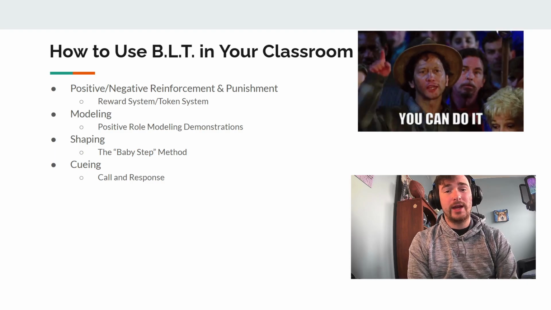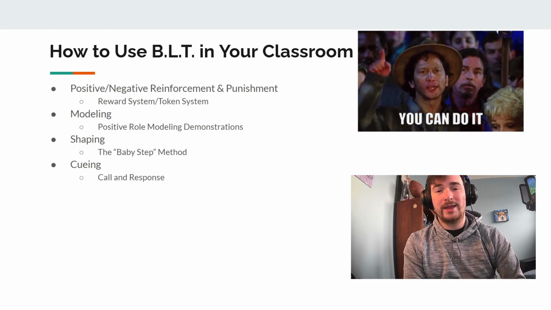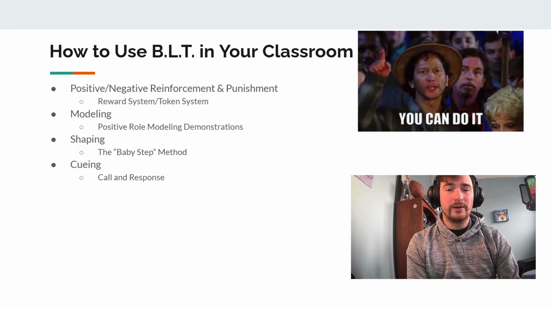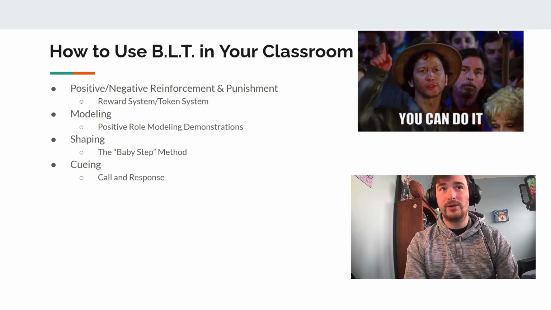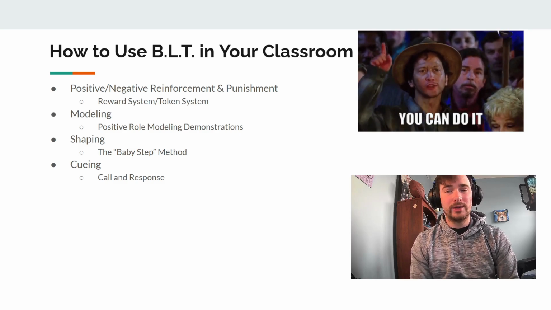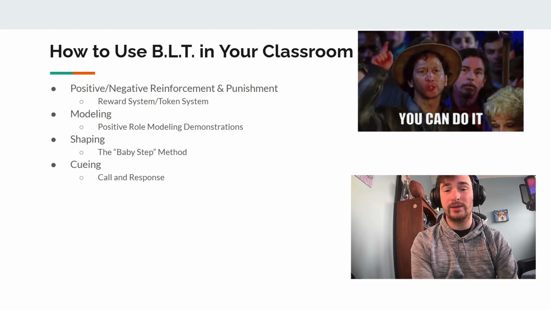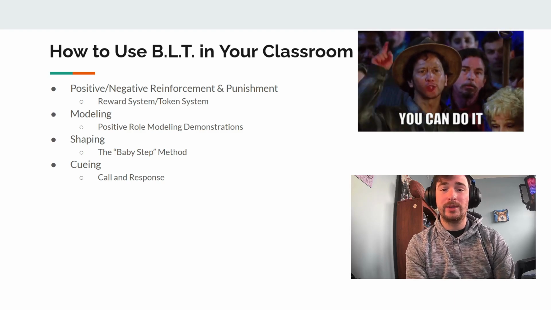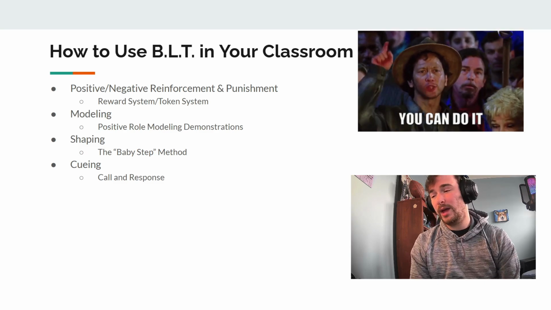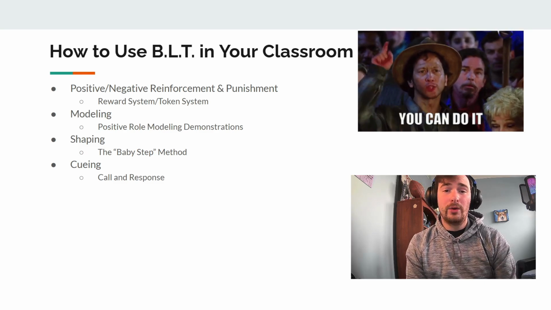Another strategy that you can use in the classroom is through modeling. So the best thing that I can offer you is the idea of using that positive role model demonstration, where either you, the teacher, demonstrates the expected behavior and then shows the unexpected behavior as a way to help the kids differentiate between, yes, this is what we should do, and no, this is not what we should do. Or you can even use